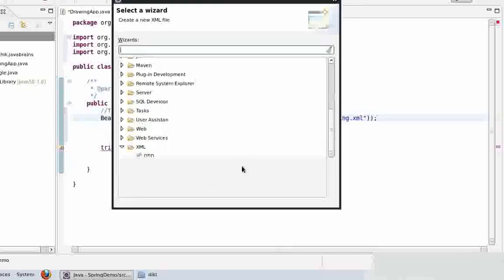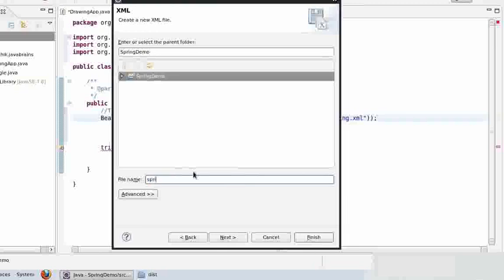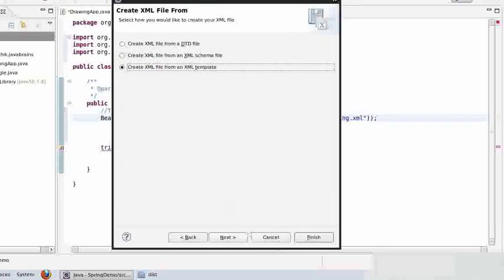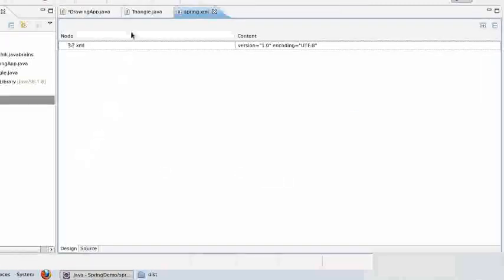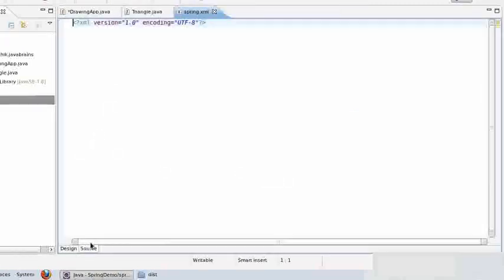We'll call this spring.xml, since this is the name that I've given there. And I'll say finish. Okay, let me go to the source. This is a blank XML file. Now in this XML, I need to provide the blueprint for the bean that I need to instantiate from this drawing app. So I need to tell Spring saying, hey, I need a triangle object, and it has to be